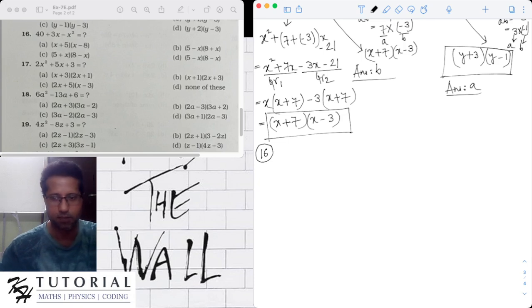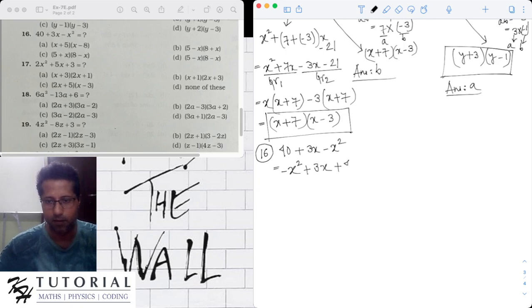Okay, so problem 16 is 40 plus 3x minus x square. It is also a quadratic trinomial. It is just that the terms are written in a different order. So let's order it properly. The terms of a polynomial are always written in a way such that they are arranged in descending order of their degree. So we have minus x square plus 3x